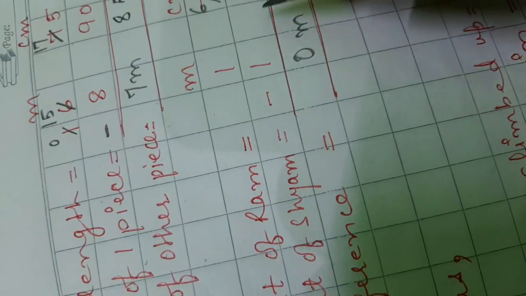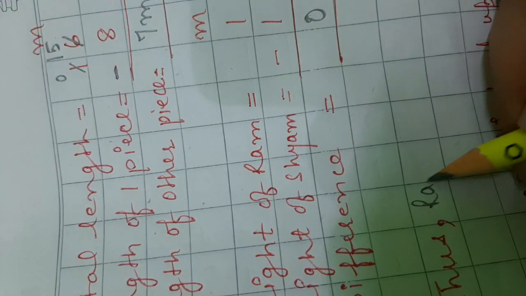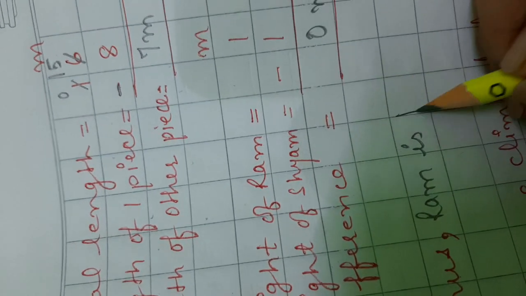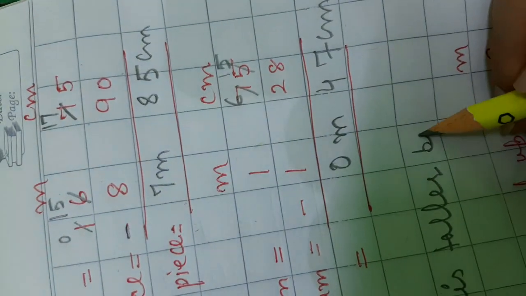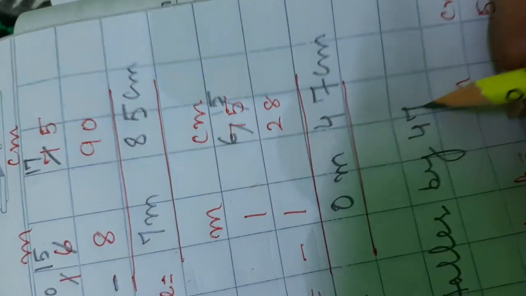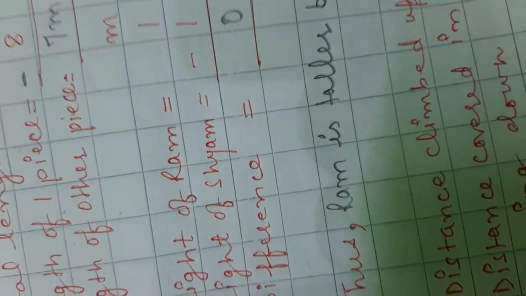So thus, who is taller we have to write first. Ram is taller by how much? By 47 centimeter. Or you can make your own statements also, but your statements should be correct. Next, now